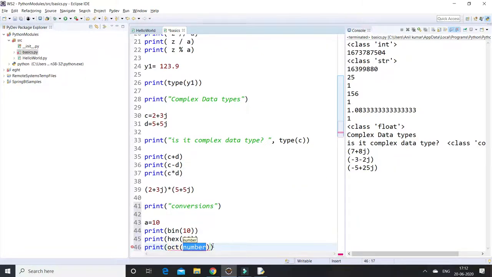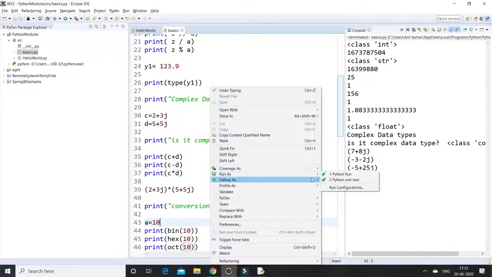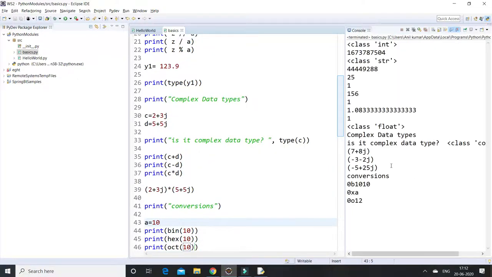Let us run this application. The 10 in binary is converted to 1010 prefixed with 0b, hexadecimal 10 is converted to a prefixed with 0x, and octal is 0o followed by 12. These prefixes represent whether it is a binary, hexadecimal or octal number.